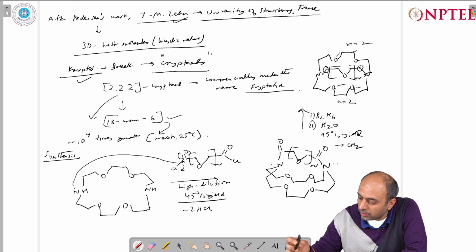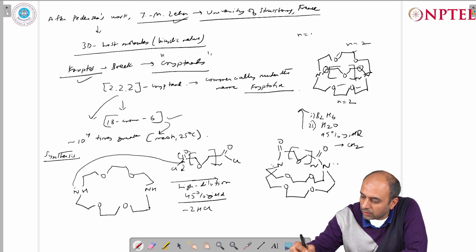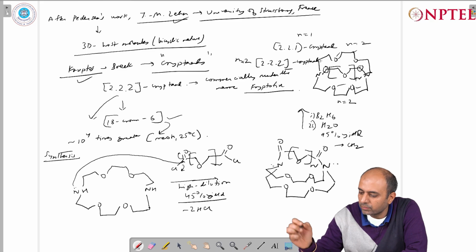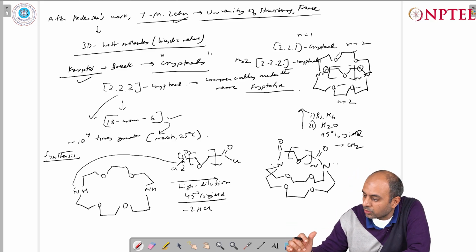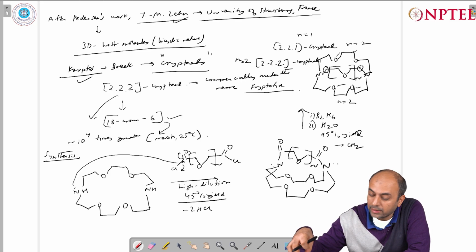We can now have a case where n is equal to 1. Then it is referred to as a 2-2-1 cryptand. And if n is equal to 2, it is referred to as a 2-2-2 cryptand. So we have two different cryptands depending upon whether n is equal to 1 or 2. You can see that in this cryptand, it has now got a very rigid host, and it's a bicyclic